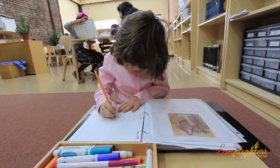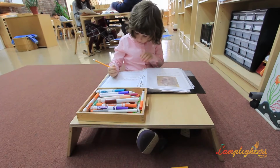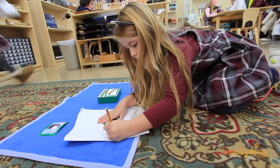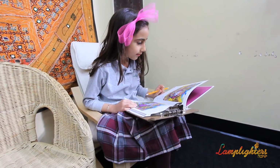For any child to be able to be alone, I think that's a rare thing that children don't ever get, especially nowadays when children are so strictly supervised. Moments of being alone are rare. I don't know how self-reflection or personal connection with God is possible unless you have some moments where you can be by yourself to reflect. So that's what I hope the peace area offers to my